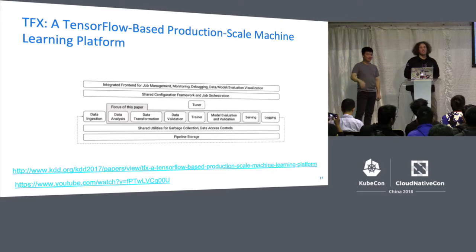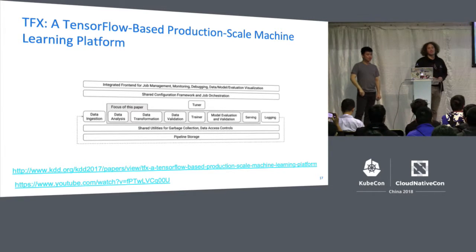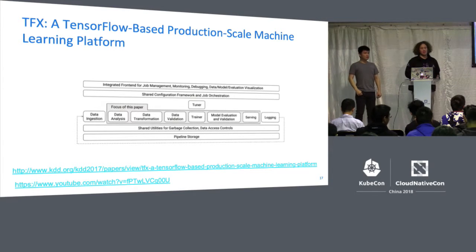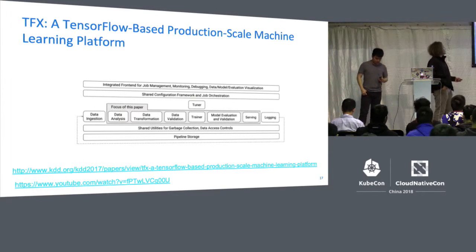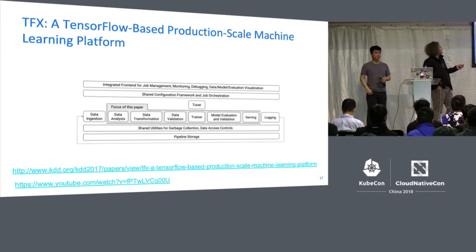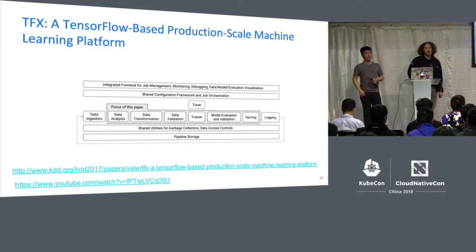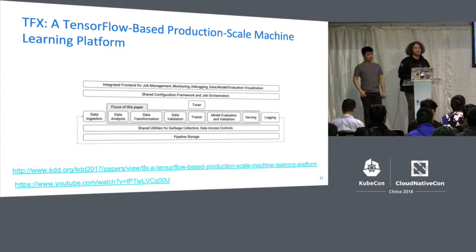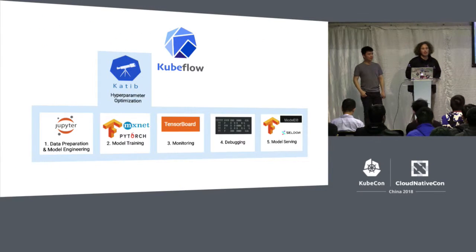So this is TensorFlow Extended, and it's kind of the motivation, or used to be the guiding principle for Kubeflow. This is about how Google does machine learning, and it's about the entire pipeline. And a lot of different pieces in the TensorFlow ecosystem have actually been developed from this. And Kubeflow has evolved further from this goal or original motivation.